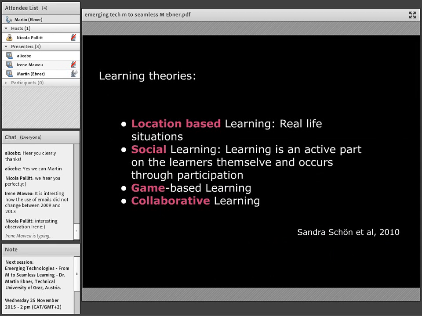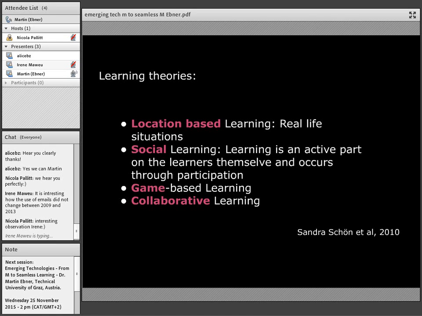Then on the other side, concerning mobile technologies and mobile learning, we also have learning theories about mobile learning. You see here, from my colleague Sandra Schön, she carried out 3 different types of learning theories. We have the chance to do location-based learning in real-life situations, because we can go there, and we have a device which exactly knows where it is. Simply because the mobile phone has a GPS component, and there you can also track where you currently are.